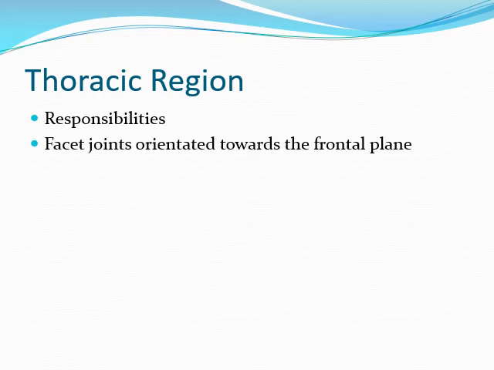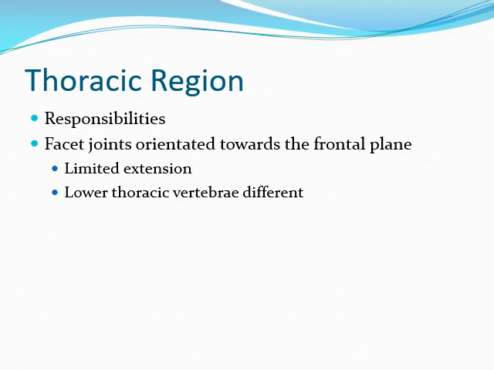The facet joints, as you notice, get to be orientated much more to the frontal plane. This tends to limit extension. However, as you start to get more into the lower thoracic vertebrae, this starts to change, okay? So for starters, the lower thoracic vertebrae tend to be less restricted by the ribs. So part of the reason why there's just limited motion in general at the thoracic region is because the ribs attach. So the ribs limit the motion a little bit more than what you would have in the lumbar versus the cervical region. And in the lower thoracic vertebrae, the orientation of the facets tends to take on a more sagittal